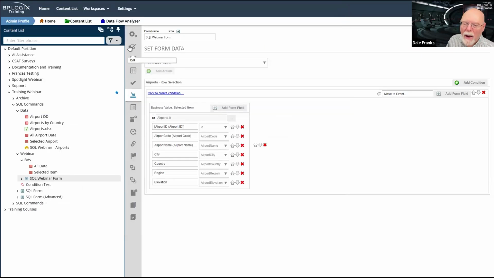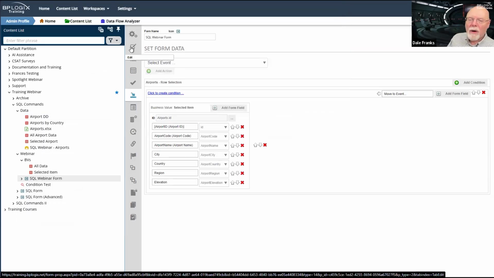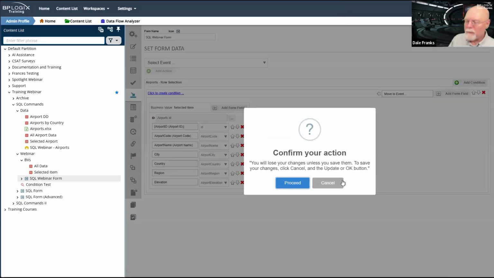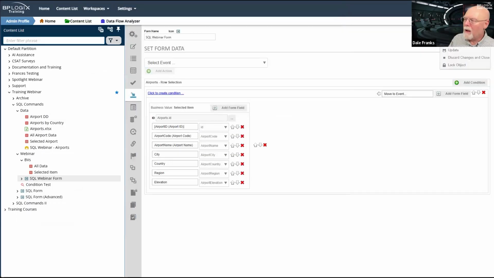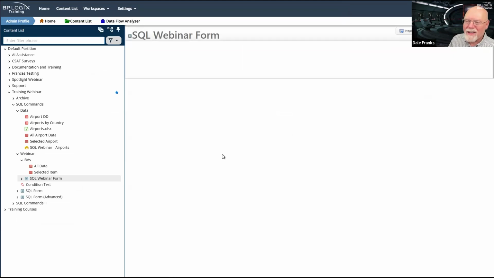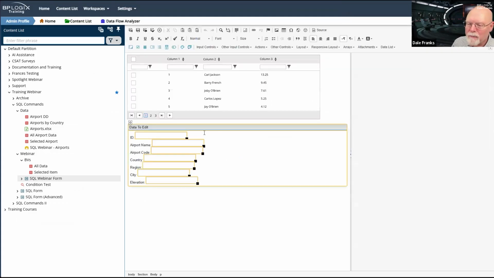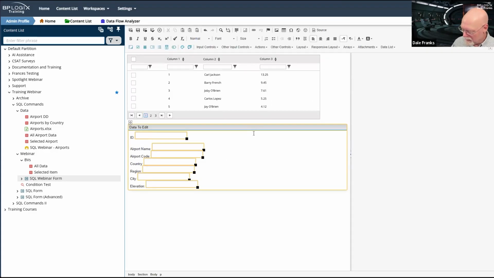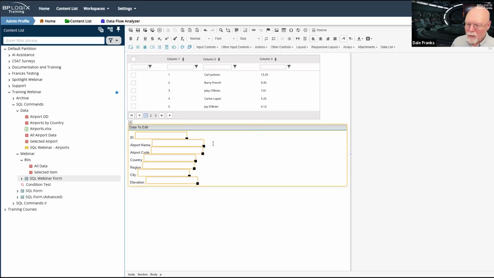So let's go back to our form and we're going to make one more little change here. Whatever it wants me to do, we're going to update. We're going to go back to our form. We're actually going to make a couple changes. We're going to get these fields aligned properly here.